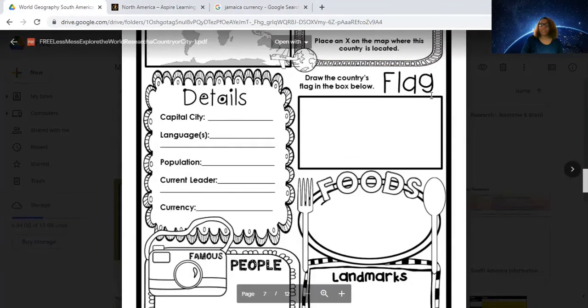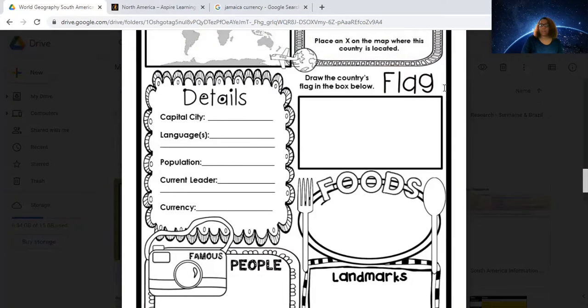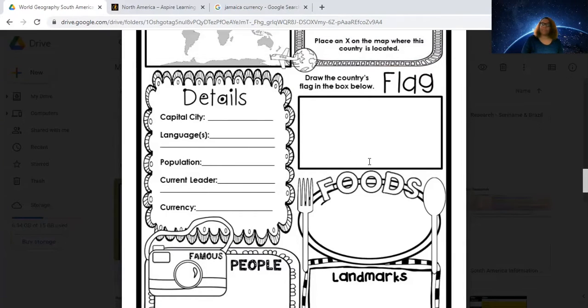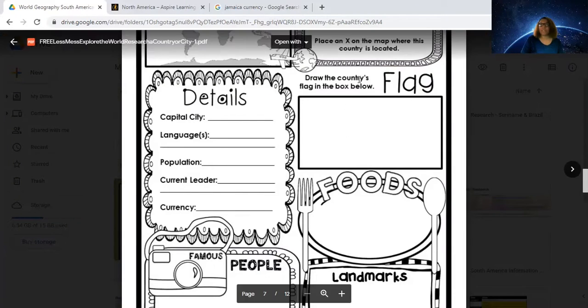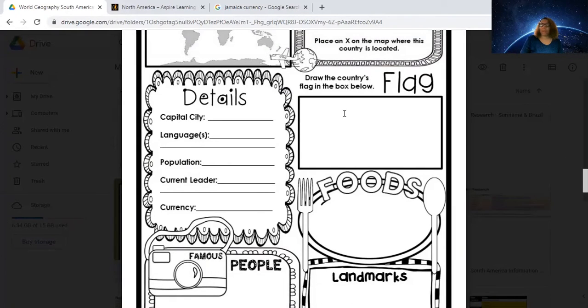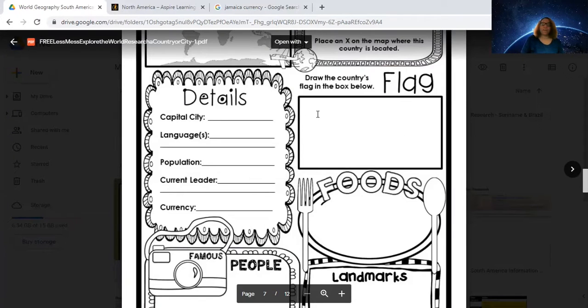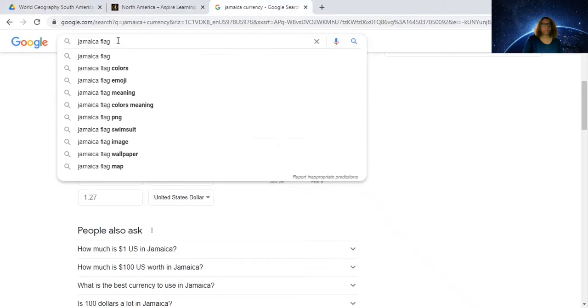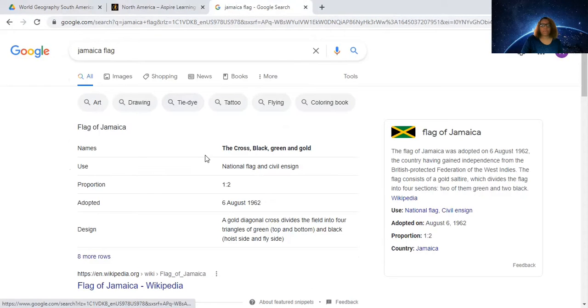Now, coming over here, I always tell the kids in my class that if they do not want to draw the flag, that is completely okay. If they just want to write something here instead, you can just completely wipe that out, cross it out, maybe write about the history, write about Jehovah's Witnesses, which I'll get to in a little bit, anything like that. But if you don't have a problem with doing the flag, you can just do Jamaica flag